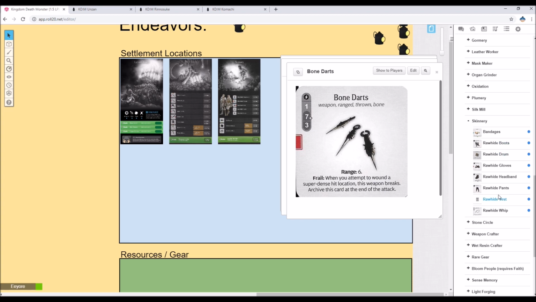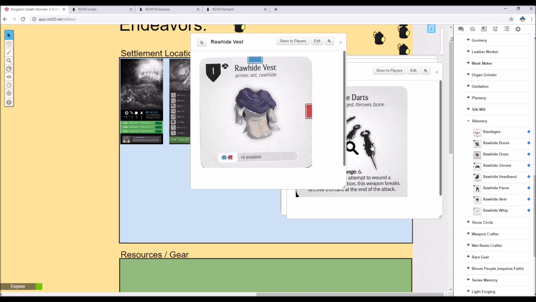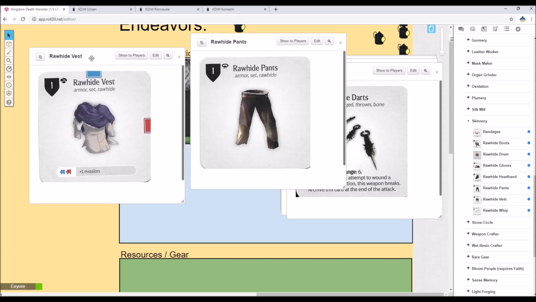And then there are all the raw hides, which I'm just going to bring up all of them. Alright, so there's the vest, which is 1 armor to the chest, has a blue tab and a red tab. And this one actually has an ability. If you connect a blue tab above this and a red tab to the right of it, you'll get +1